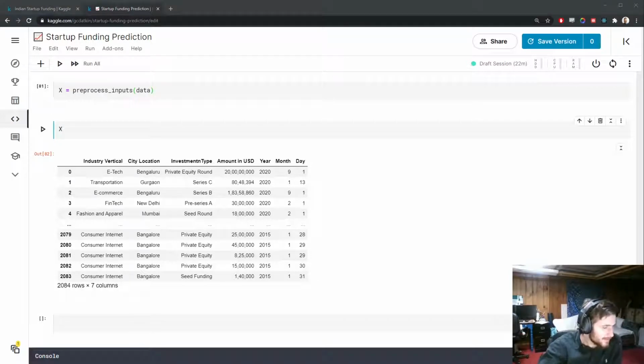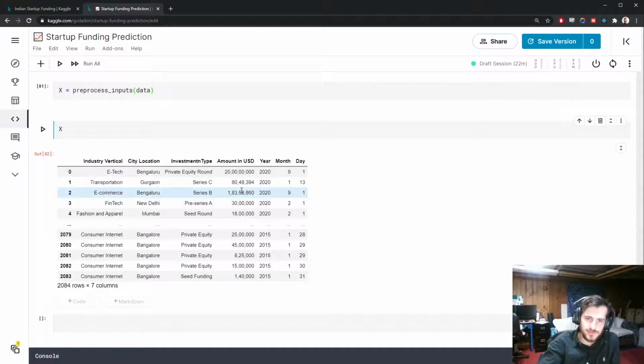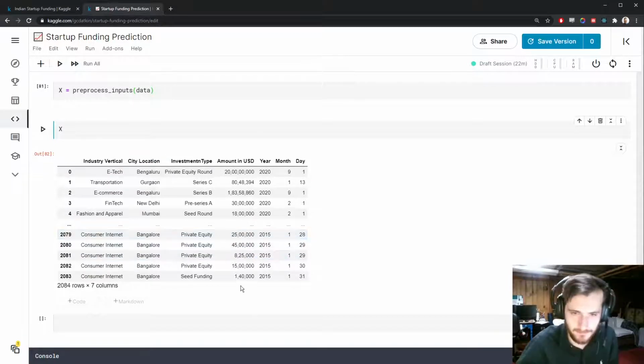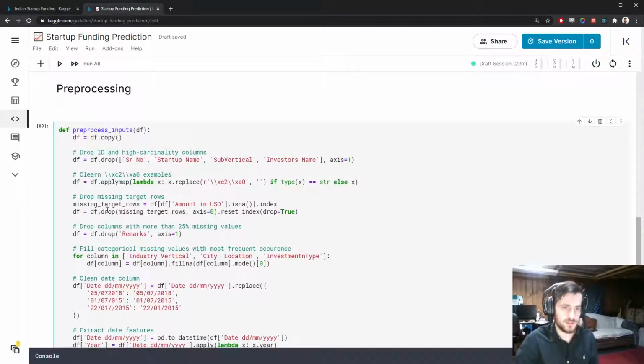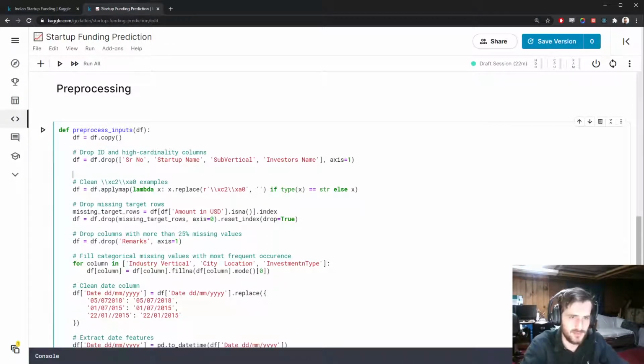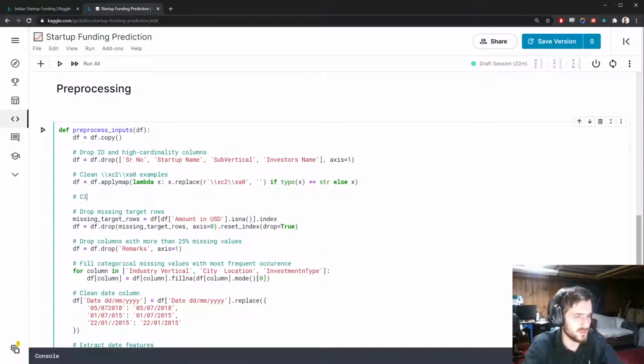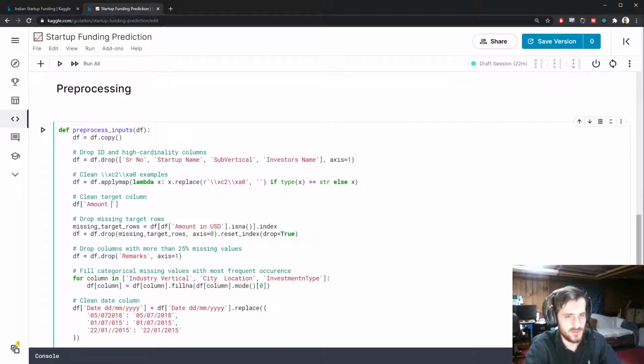Alright, so I think the last thing to do is to deal with this target column. So it actually has some issues in there. There's commas right now. I want to remove the commas and just delete them, and then convert the whole column into a float column. So let's try this. I'm going to do that up here, I guess right after we remove these examples. We'll say clean target column. And we're going to take the column, which is amount in USD,